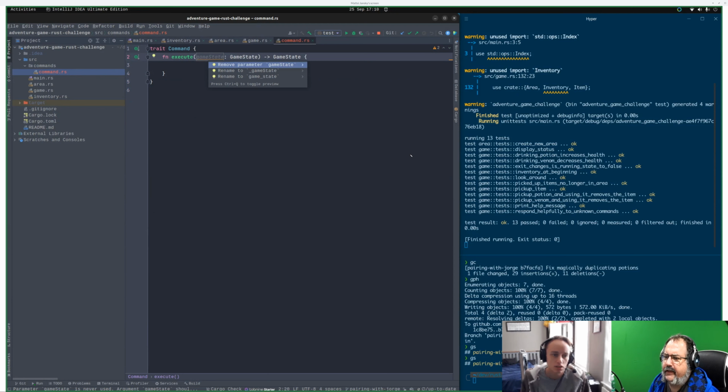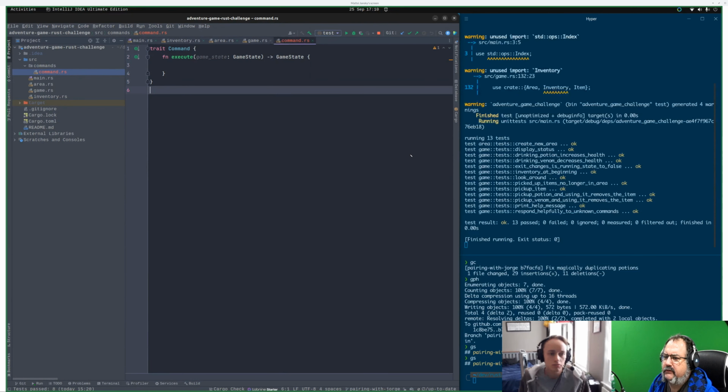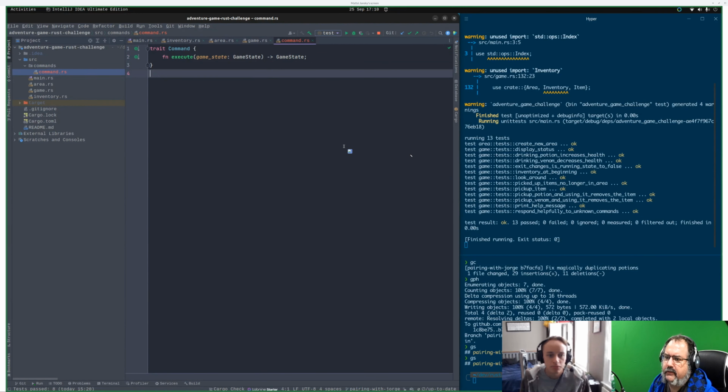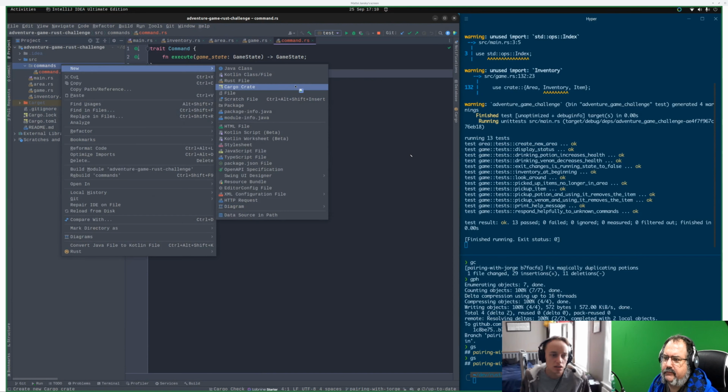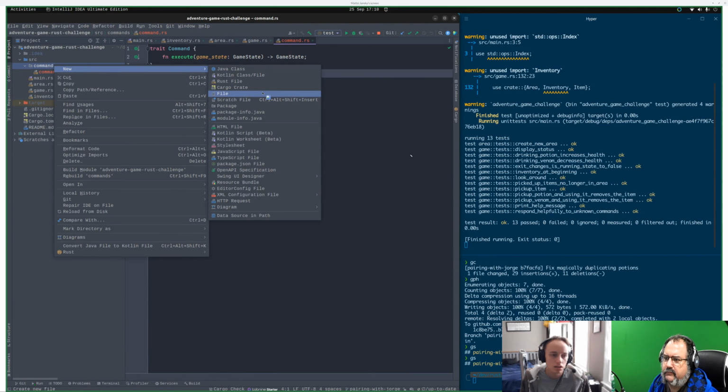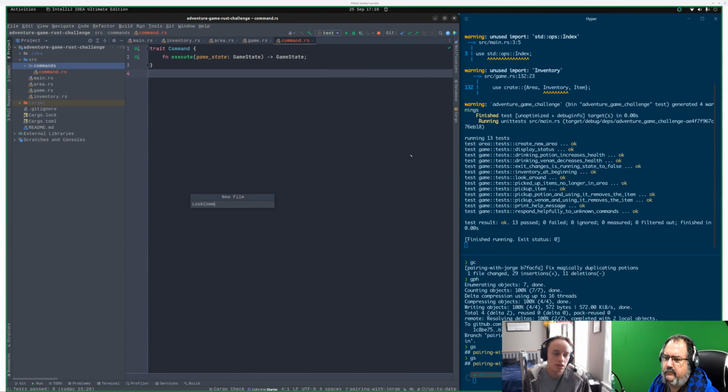Do you need to have the curly brackets when defining a command? Maybe not. No, it's happy without it. Okay. Oh wait, hang on. Is it? Wait, semicolon. Yeah, that's what I would expect. Cool. Okay. So we could say this first one, look with the look command, file. Can I create those files? Can what? Sorry. I thought there was an option to create look files. Oh yeah, there is actually. Oh, that's better. Yeah. Look command.